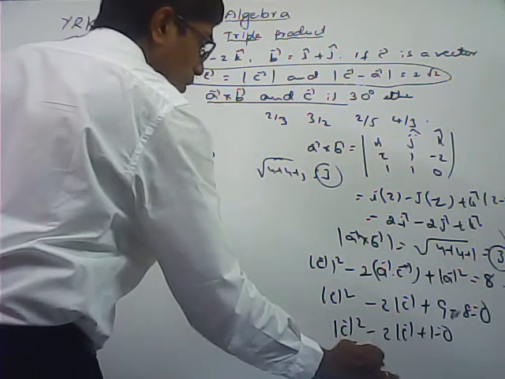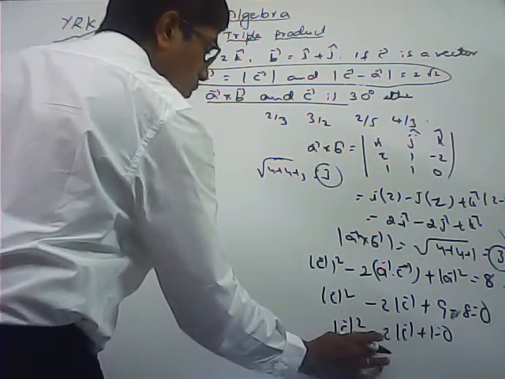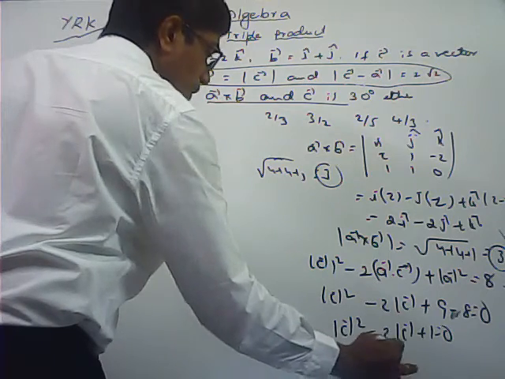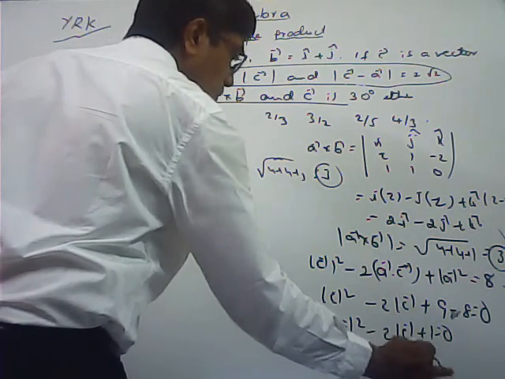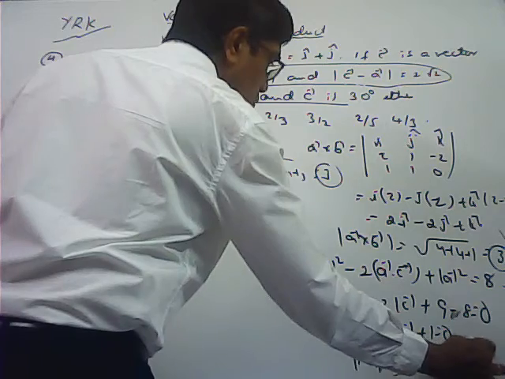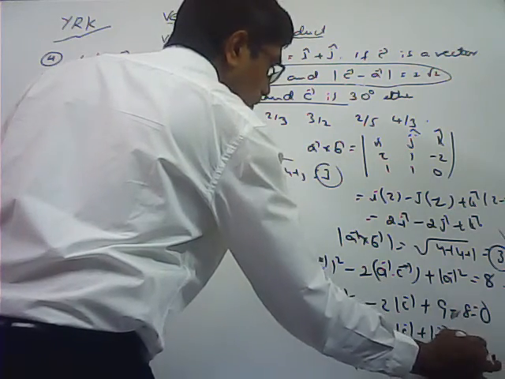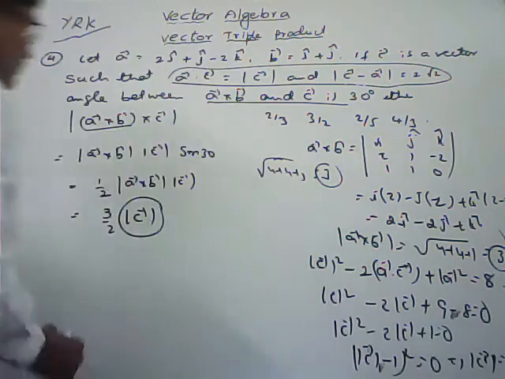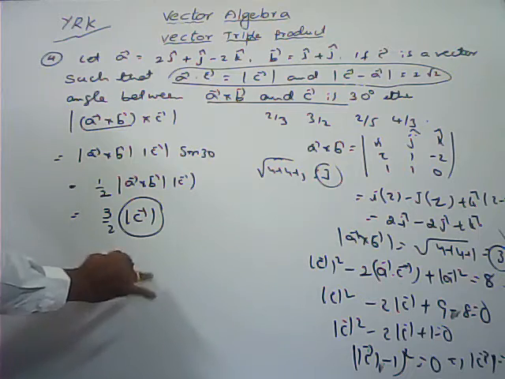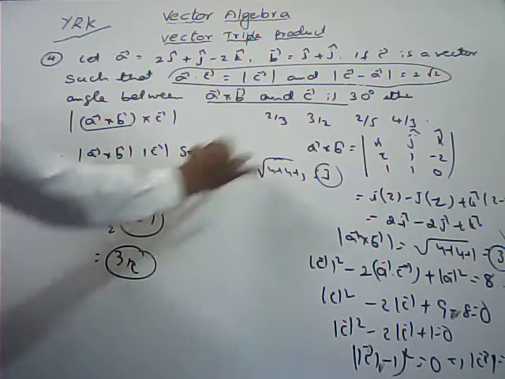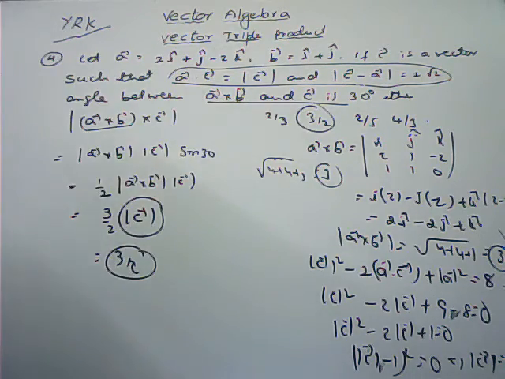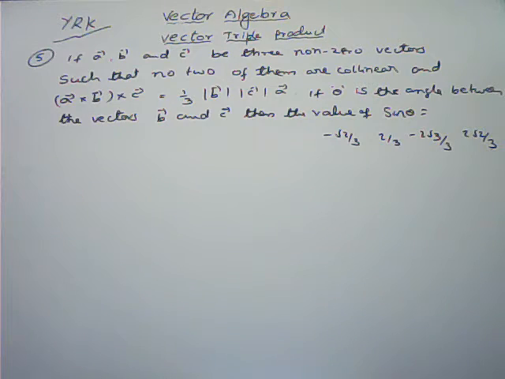Modulus of C bar minus 1 whole square, that is equal to 0. So modulus of C bar should be equal to 1. So that is equal to 3 by 2. That is the second option. Next one,